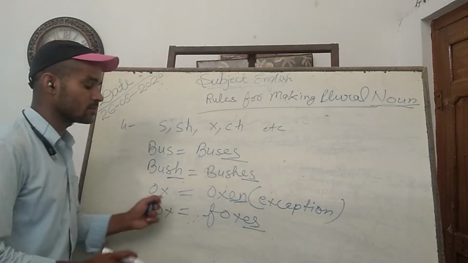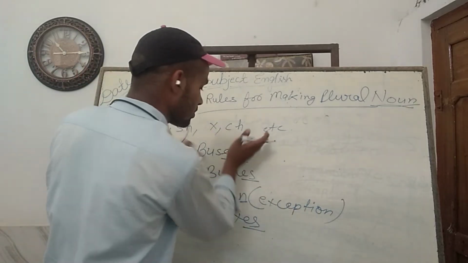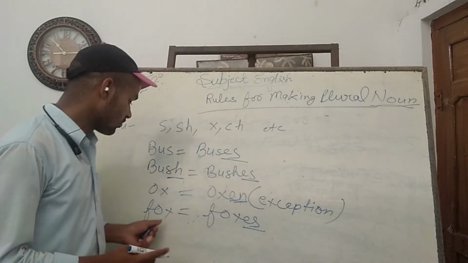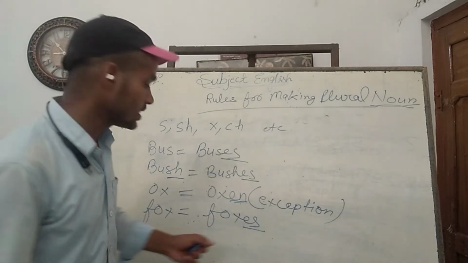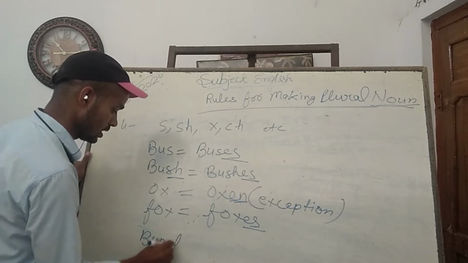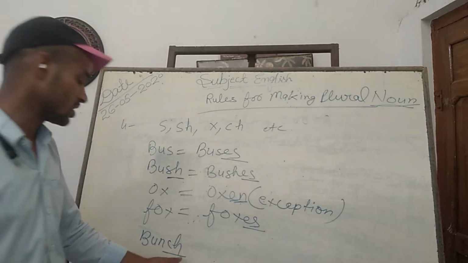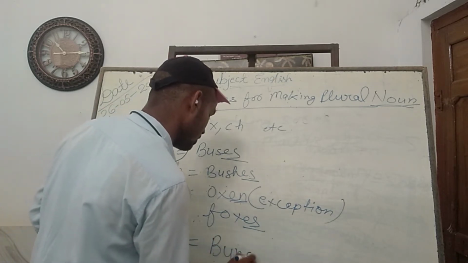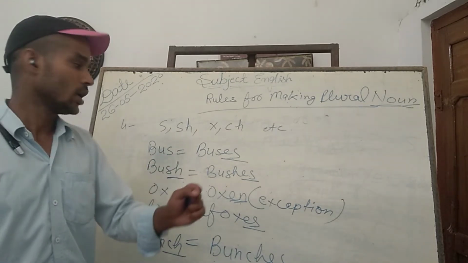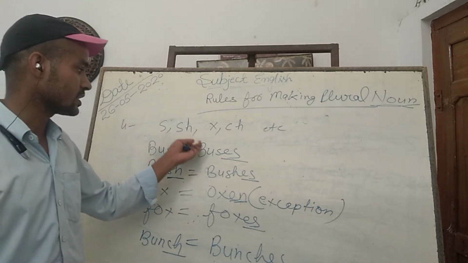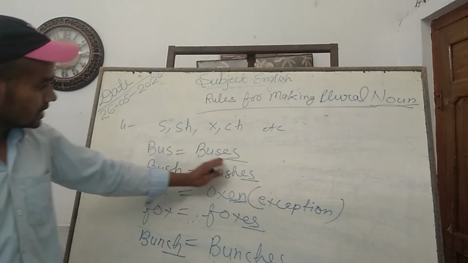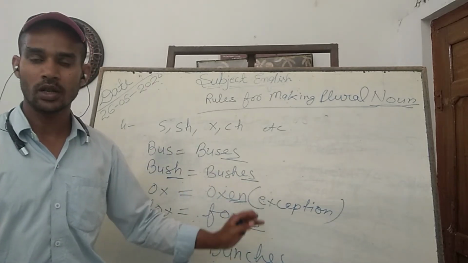Except ox, because ox is the exception of all these normal rules, and it changes into oxen for its plural form, but fox changes into foxes. In same way, ch, that is bunch. If ch comes at the last of your spelling, then it changes into bunches. That is es. Es means if your spelling comes to an end with letters like s, sh, x, ch, etc., then es is added to make the plural of your